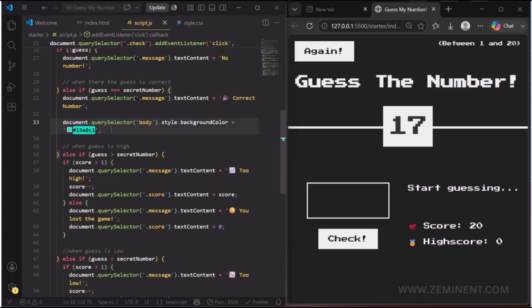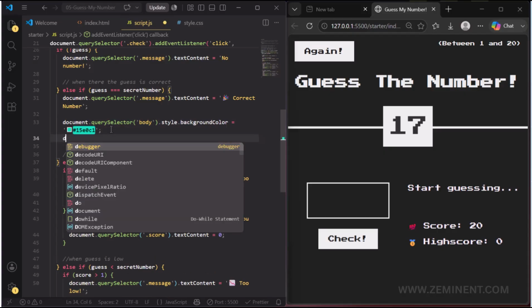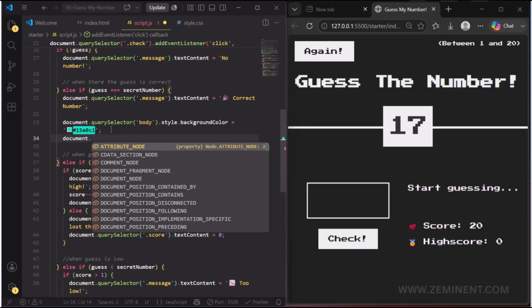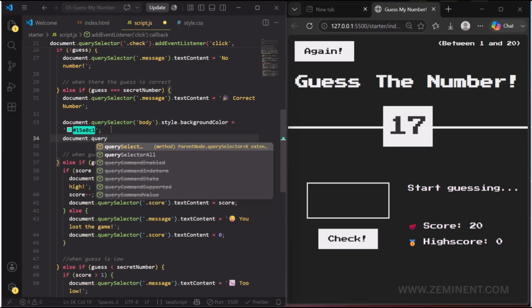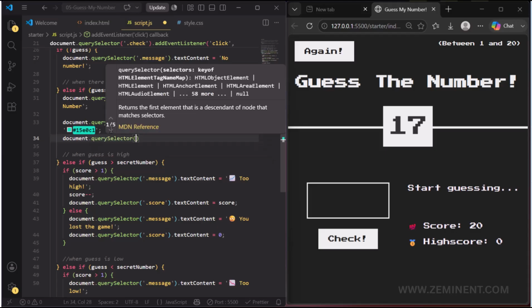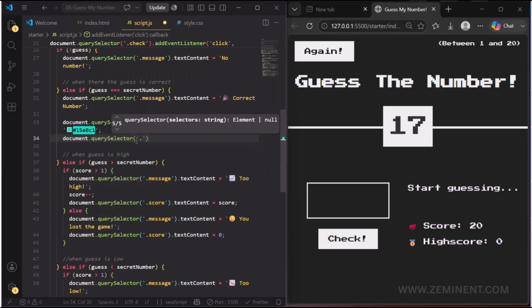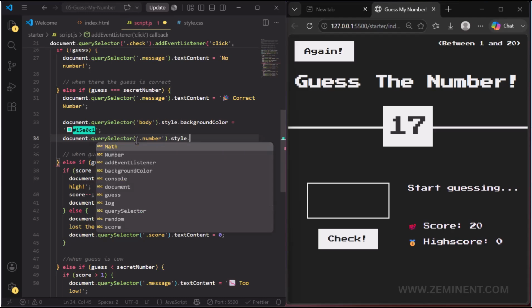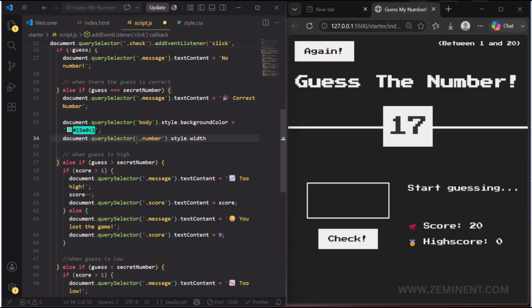For that I am writing document dot querySelector. Here the number selector is dot number, and then dot style property, and then I need to change the width. So writing width,